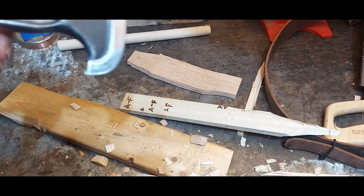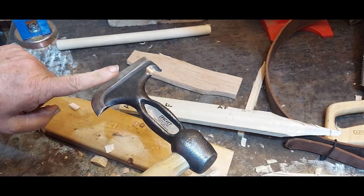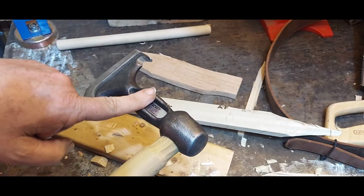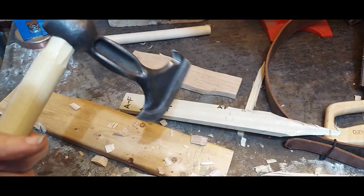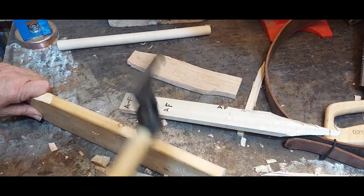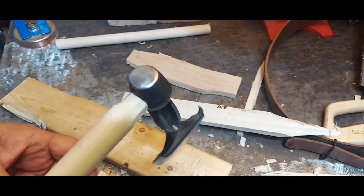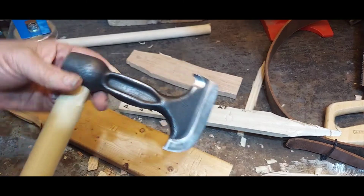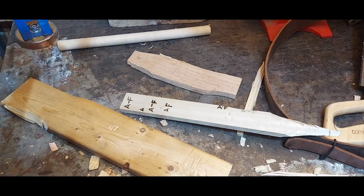Some people say they don't like it because the blade's way out here, they say. Well, in a normal axe, the blade's way out here anyway. I mean, you're not going to get an axe with a blade tip right here. It's going to be about the same spot. Hammer works. I mean, you can pound it with no problem. Not loose. Rain's coming in. I'm going to wrap this up. When this is off of it,